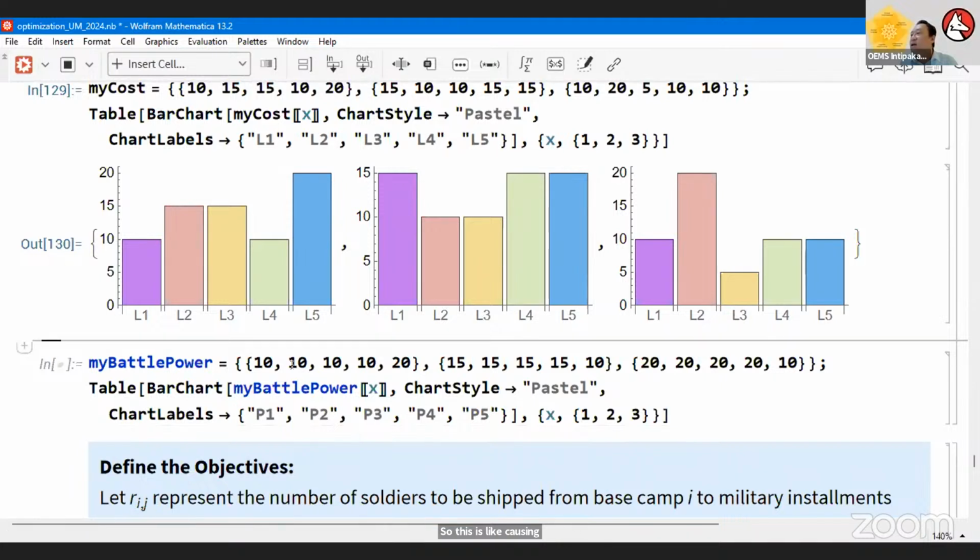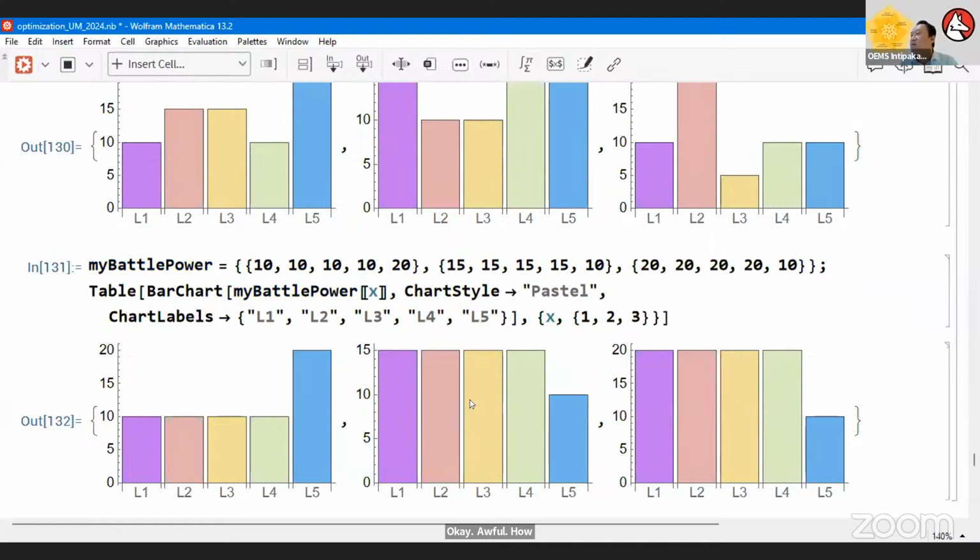Similarly, if I'm going to send out all the soldiers to different places, they also have different survival odds. So same thing, I put in L1, L2, L3, L4, L5. So this is how it looks like.